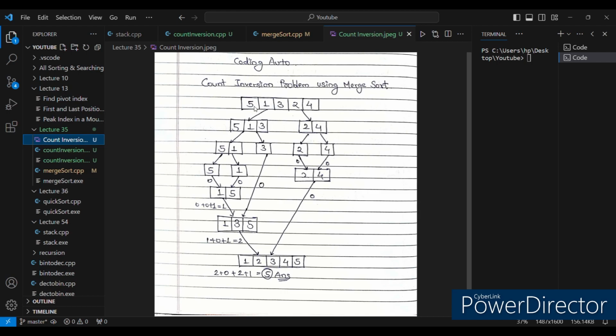So let's consider an array having the elements 5, 1, 3, 2, 4. Now when you apply merge sort on it, what you usually do is you divide the array into two halves. So it will be divided into 5, 1, 3. Then further it will be divided into 5, 1, then 5. And after dividing it into the smallest element possible, we try merging it, and while merging it, we